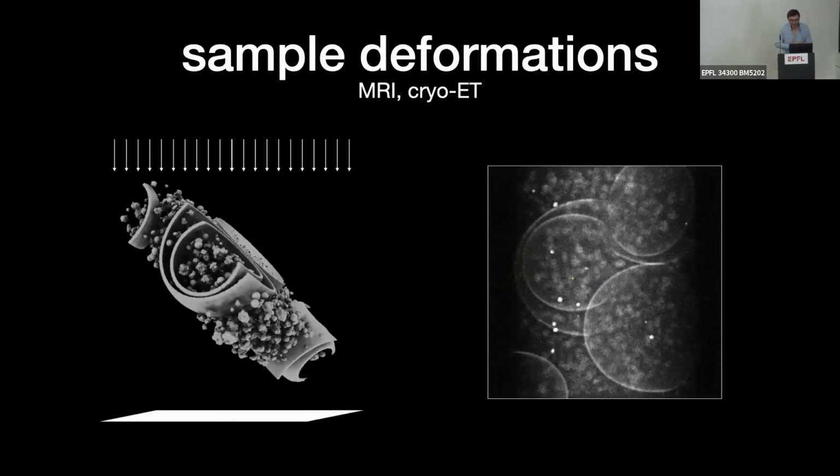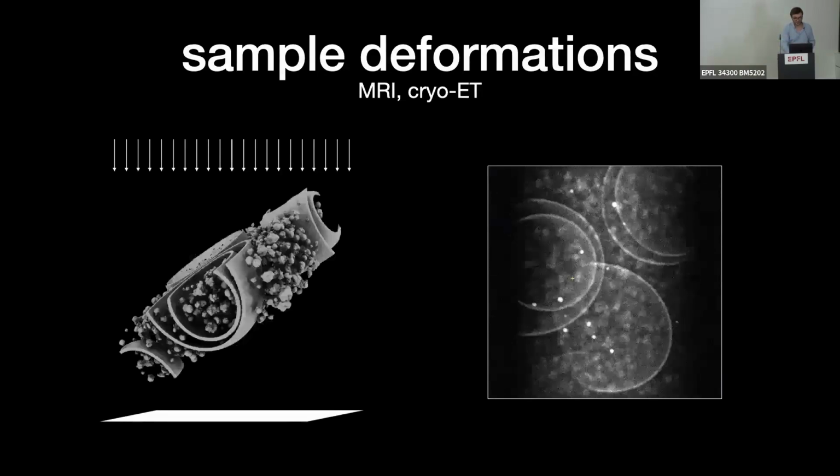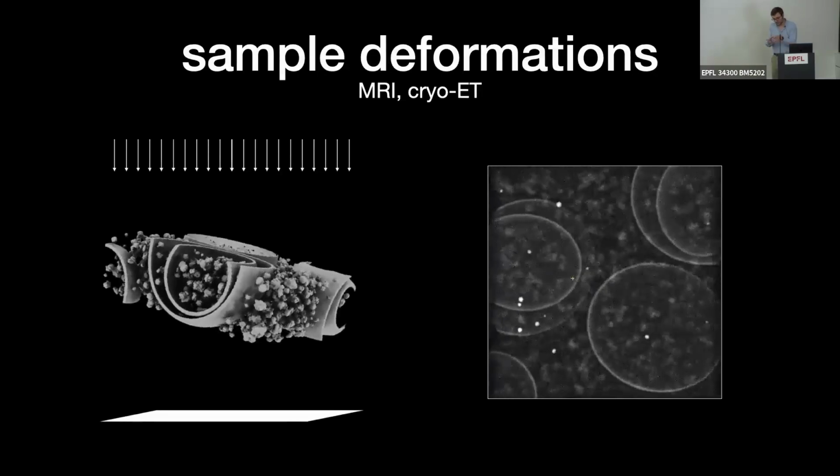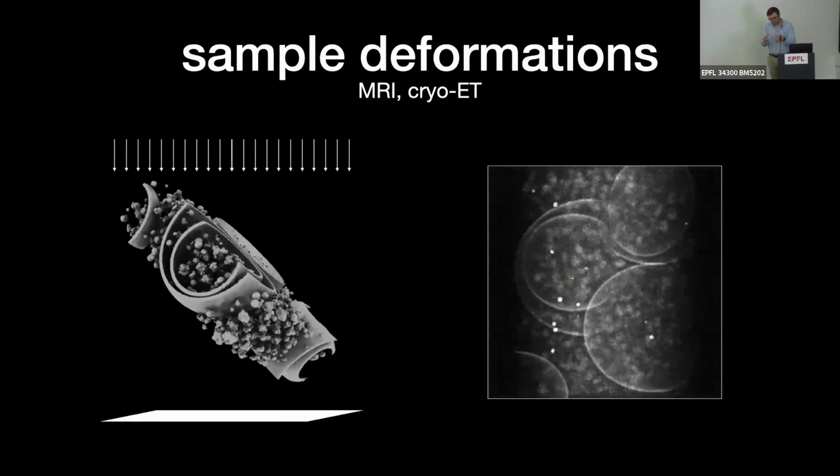Even at the low doses that we currently use for imaging, the sample will undergo beam-induced motion between the different tilts. Here you're just tilting along a single axis. You'll also undergo beam-induced motion for other reasons: inelastic scattering will heat the sample, it will dome, all sorts of artifacts. So the snapshots that you're taking from one angle to the other are different, and if you want to go to higher resolution, it's important to account for that.